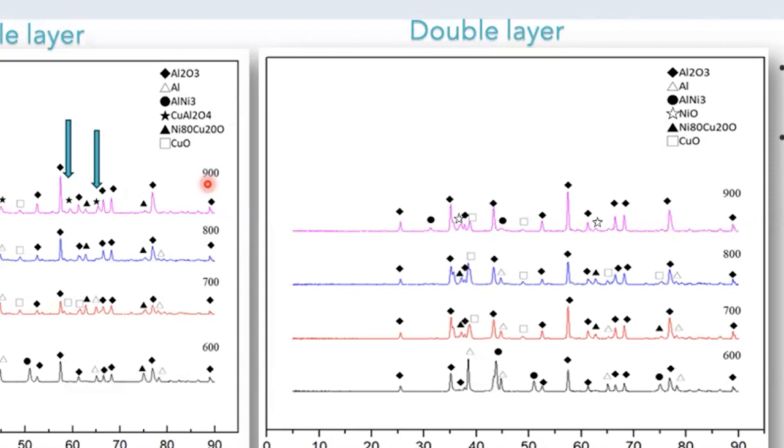And then the copper oxide is also seen here at 700 to 900, but not at 600 degrees Celsius. So we conclude that during sintering above 600, the copper diffuses into the aluminum layer, reaches the surface of the aluminum layer, gets in contact with the oxygen and oxidizes. However, with the samples with the thicker layer, or what we call here the double layer,